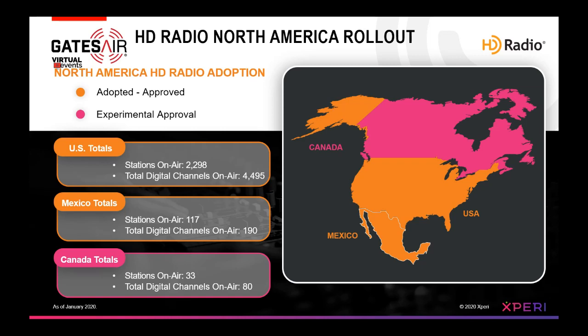So HDRadio, we're into over a decade of deployments, nearing almost 2 decades now. And in total, there are around 4,500 channels of digital on the air, nearly 2,300 transmitters. Now Mexico has deployed as well, and they've got almost 120 on, and in Canada there's at last count around 33. So North America, this is clearly the standard of choice. It's been regulatorily approved in Mexico and the United States, and it's in an experimental mode in Canada, but generally is the